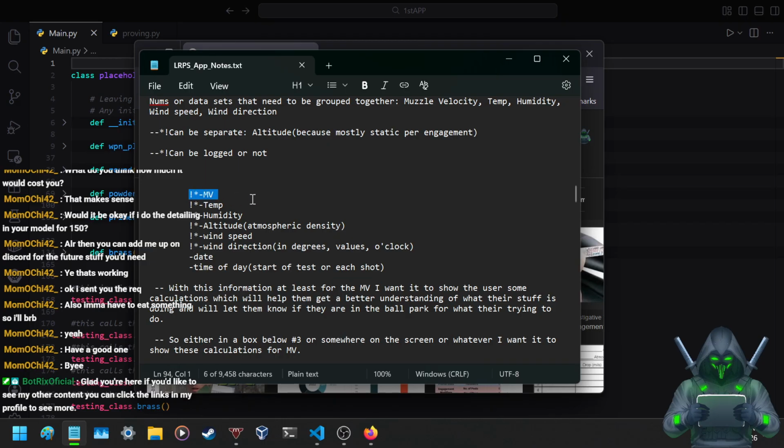I know this number, or I'm gathering this number while I'm doing this. Not always. You don't always gather this. But your temp, your humidity, your altitude, your wind speed, your wind direction, date and time,